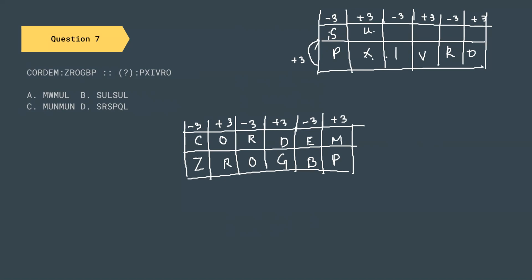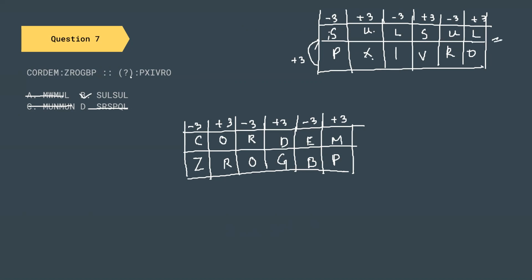Use the same logic, and for I, you're going to get L. For V, you're going to get S. From this part only, you can guess the correct option, that is option number B. You can eliminate the rest of the options. But for the sake of this lecture, I'm going to complete this particular word. So for R, we will have U, and for O, we will have L. So this is our final word for this particular encoding.